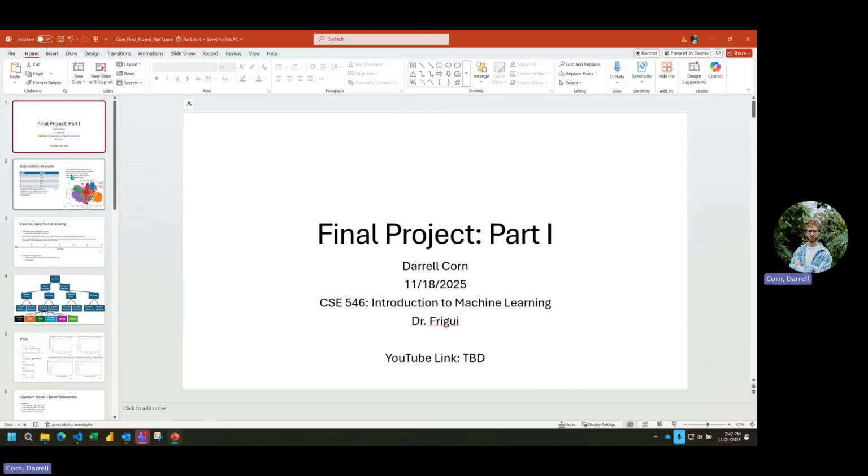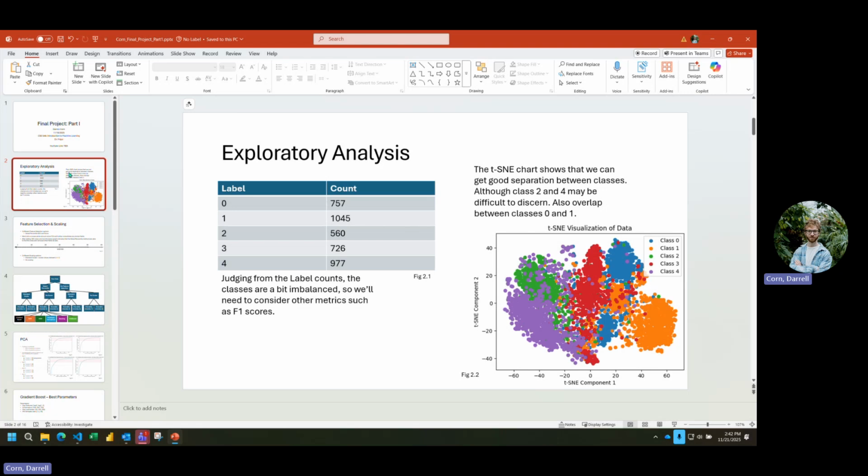To the presentation then. So it felt right to start with an exploratory analysis just to get a sense of what this data looks like. I got caught in the X column in one of my projects, which led to really funky scores, so trying to not do that again. This table here, figure 2.1, is the value counts for each of the Y labels, and we can see that our classes are a bit imbalanced, so we definitely don't want to go solely on accuracy. You can see here that class 1 has almost double the samples than class 2. So we want to look at F1 scores, for instance,